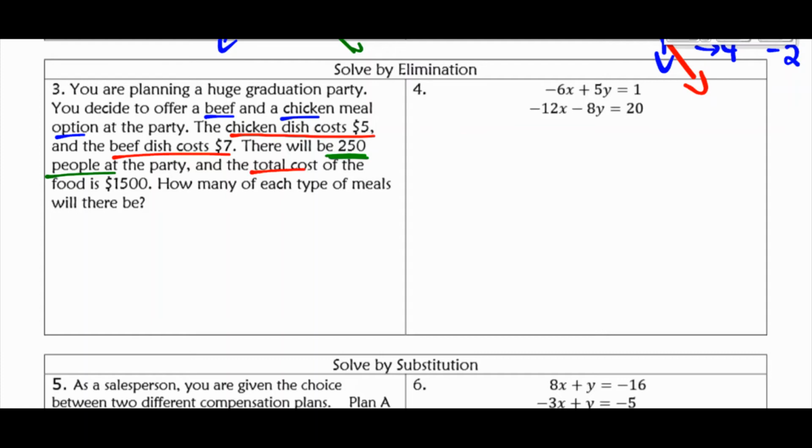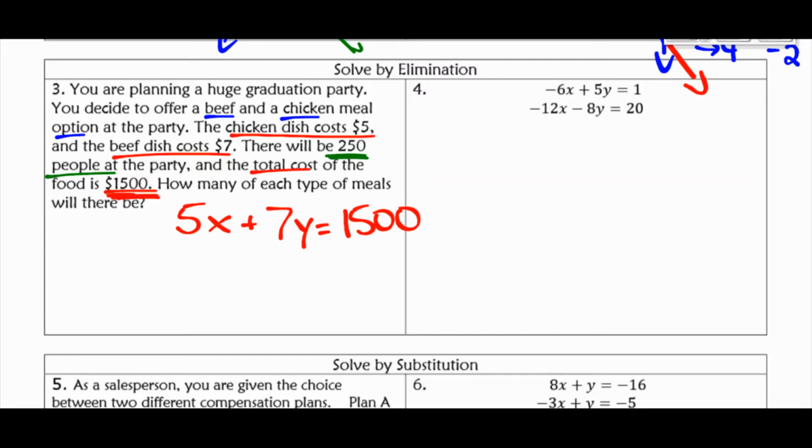And the total cost is $1,500. I've underlined these in the right colors strategically. We're talking about the cost of the chicken and the cost of the beef. That adds up to a total cost of $1,500. Cost of the chicken plus the cost of the beef